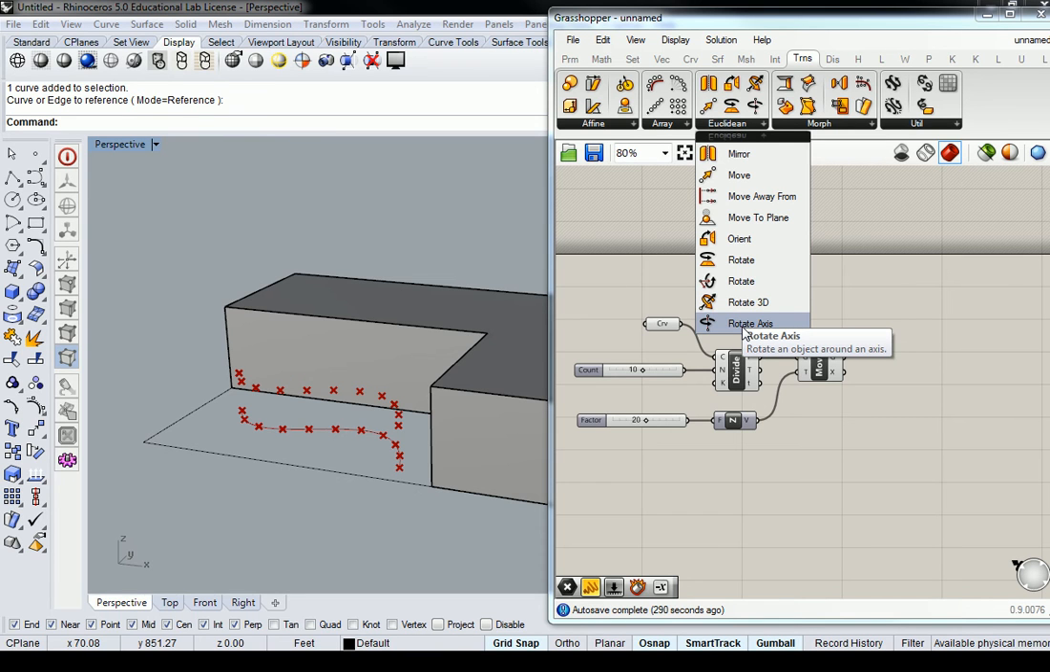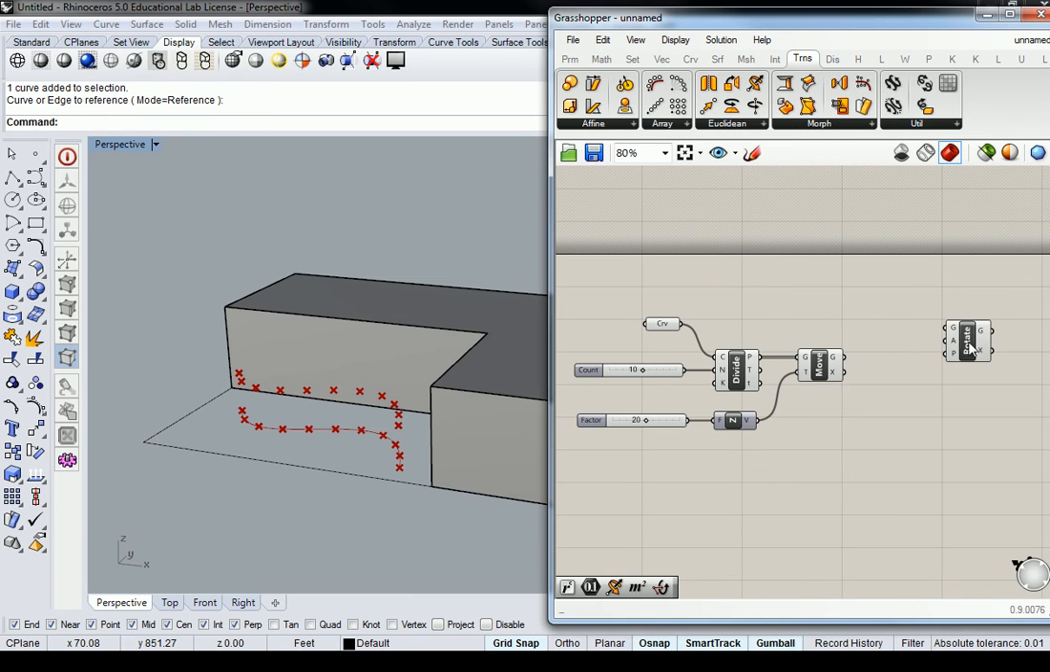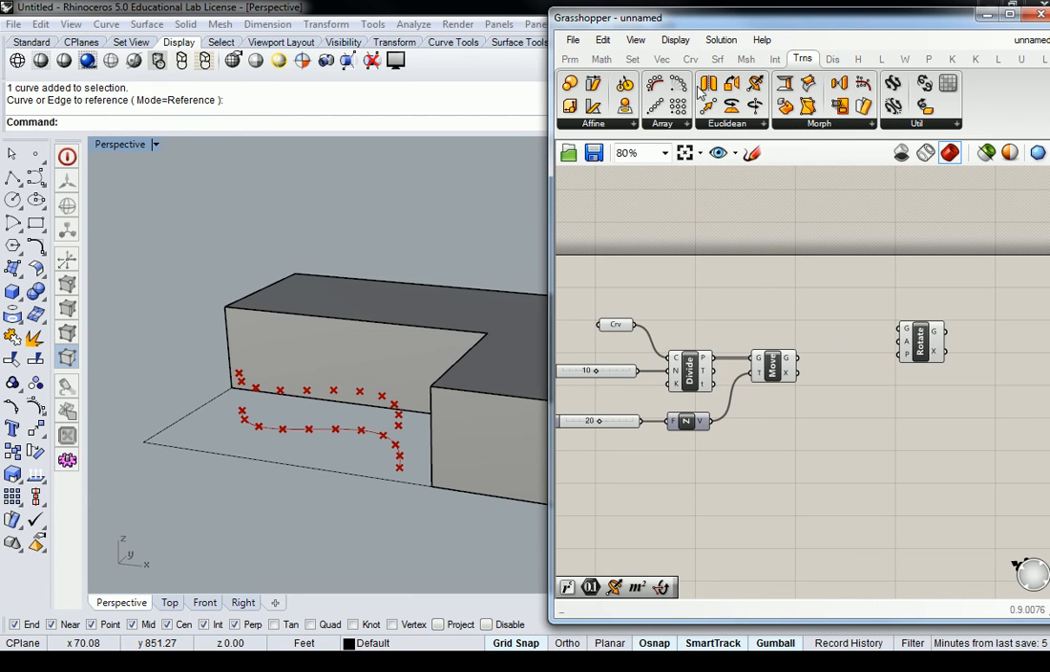You might think that because these points are on a line that the rotate axis would be appropriate, but the line is not a directional line. It's a curved line, and so it doesn't really have a rotational vector around it, so you'll get an error there. So the one we want would be rotate an object in a plane,